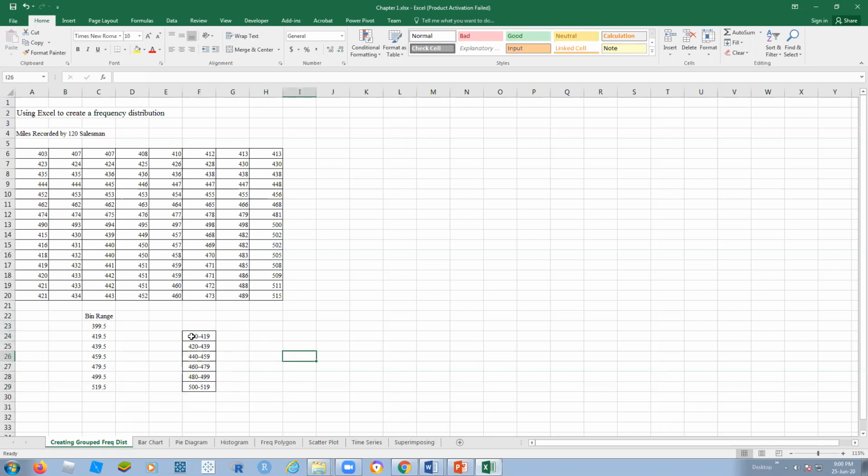Yeah, 400 to 419 is this bin range. 420 to 439 is 439.5. This is 459. So I'm grouping them, actually I'm giving the intervals. Okay, so after giving the intervals for this, I want to